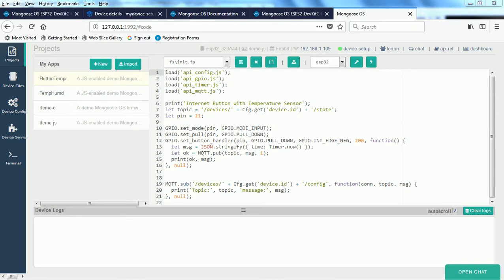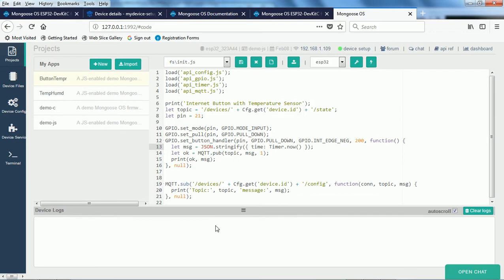This is the GPIO pull down at a negative edge, and this is the function. We are basically going to take the timer value, and we are going to just do the stringify. This is standard JSON support, and then that particular message after stringification is sent to Google IoT using MQTT, and whatever the message, we also print locally. And this is the subscribe event. Here we are going to take the update configuration from the Google IoT, and we will try to see whether the message is available at the device log level.